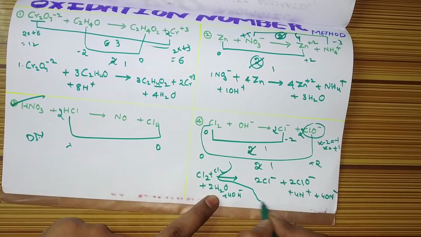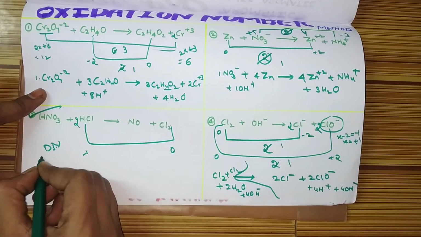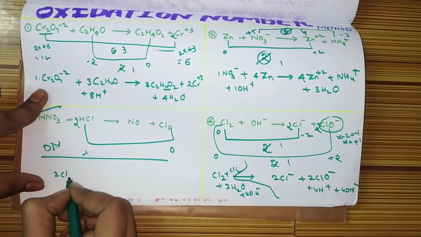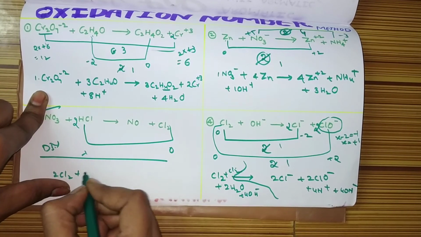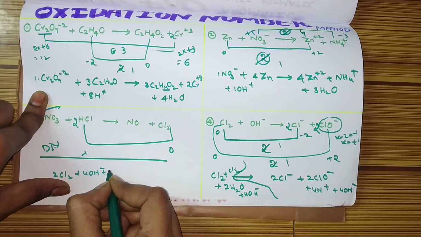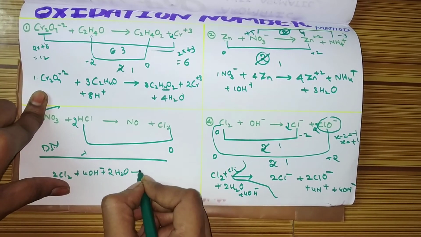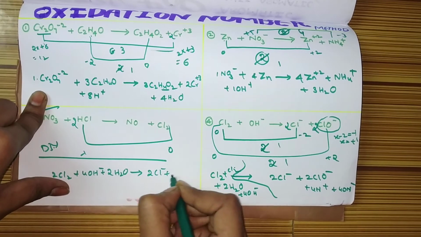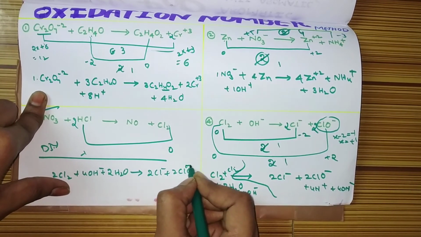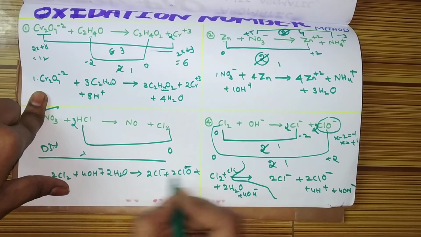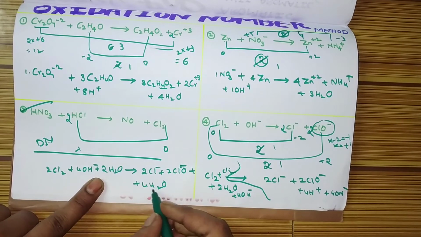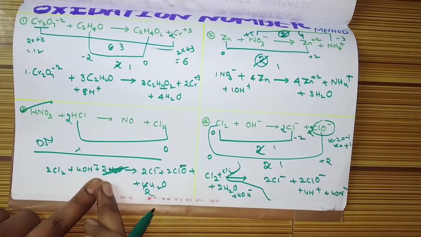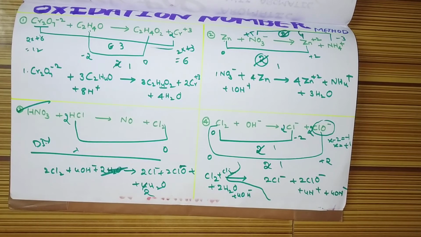This is the whole reaction. Here I will write 2 moles of Cl2 plus 2 moles of water molecules and 4 moles of OH- will give 2 moles of Cl- plus 2 moles of ClO- plus 4 moles of H+ with 4 moles of OH- forming 4 moles of H2O. Now here 2, here 4, then it will become 2, right? This comes to this side, then it becomes 4H2O minus 2H2O. That's it. We have done the IIT questions.